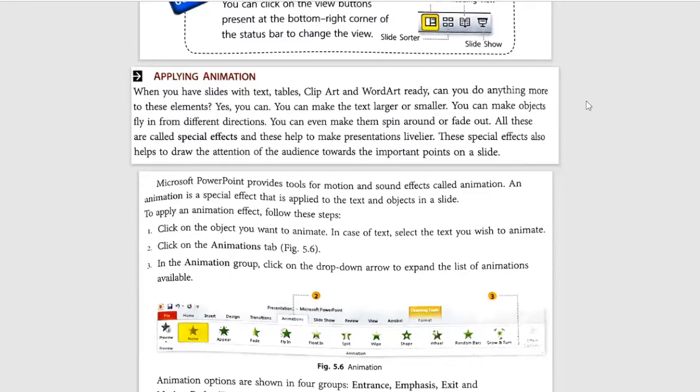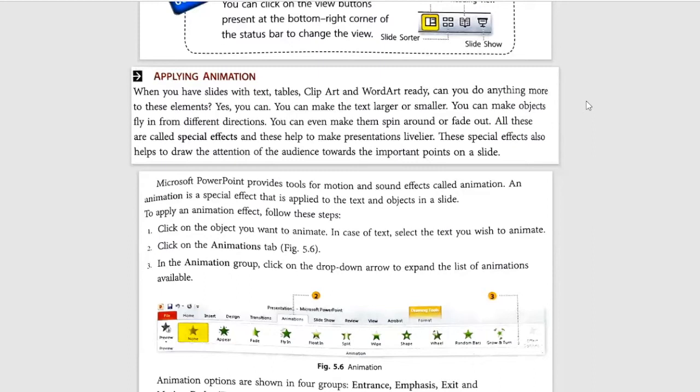These special effects also help to draw the attention of the audience towards the important points on a slide. We can apply different special effects on the important points in our slides, and it draws the attention of the audience.